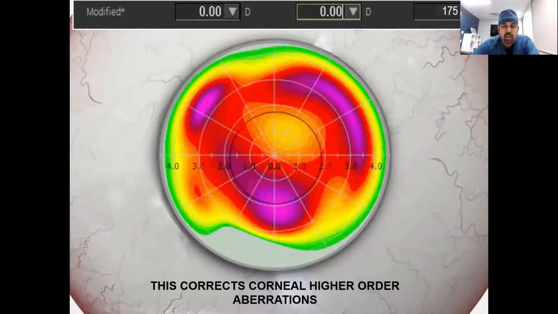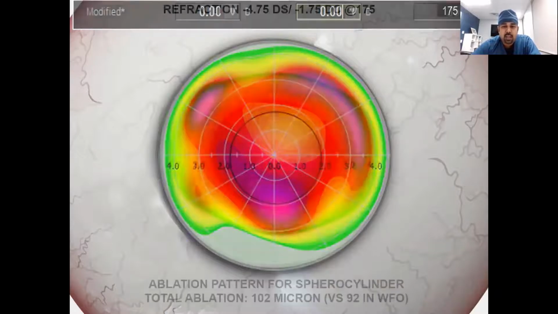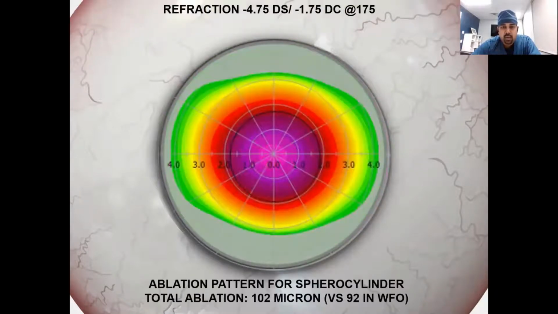So even for a zero diopter sphere and zero diopter cylinder ablation, if you feed this image into any kind of topo-guided treatment platform, be it the MEL 90, the EX500 or the Schwind Amaris, they would create a profile which is the difference between the aberrations of a normal cornea and those of your aberrated cornea. You would treat around 10 to 12 microns of cornea just to regularize the aberrations, and on top of that, you would treat your sphere and the cylinder.